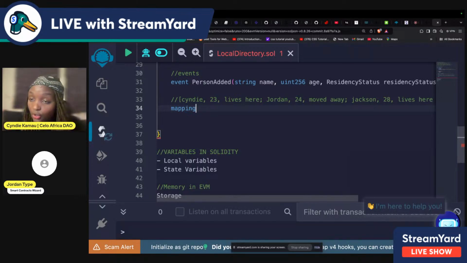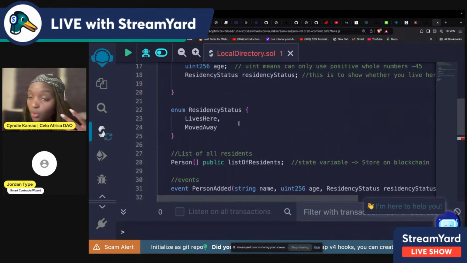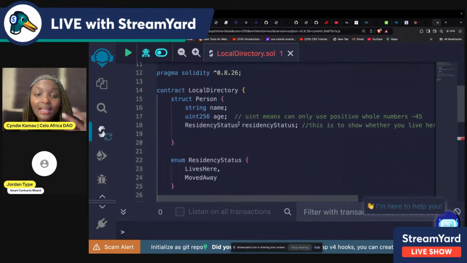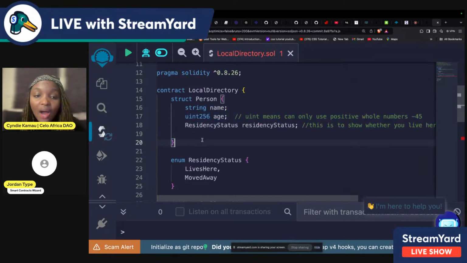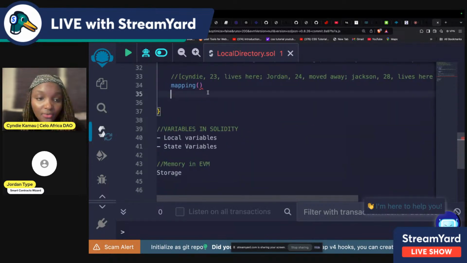So we said you introduce a concept we call mapping. With mapping, it depends on what you want. In our case, I want to input the name of a person and get their entire details. The name is here, and the entire details of a person are in a struct. So to do this, I will have to map, and the way mapping works is in the form of key